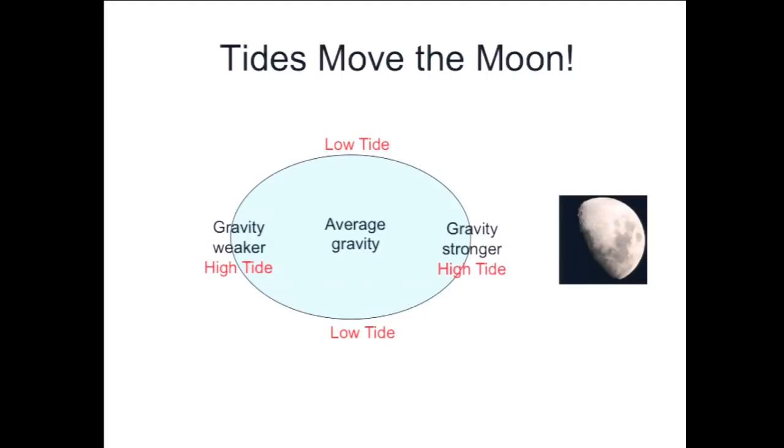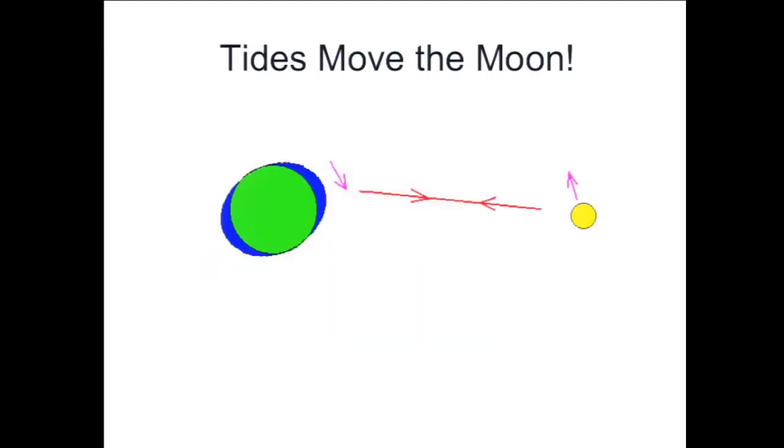A kind of exaggerated view of what the system looks like would be something like the following. This is the moon, this is the Earth. The blue is meant to represent the tidal bulge, the distortion in the shape of the Earth due to the tides. The distortion in shape is greatly exaggerated. And you notice that the distortion isn't pointing exactly towards the moon. That's also greatly, greatly exaggerated. But it is true that in general, the distorted shape of the Earth is not pointing exactly towards the moon. And that's for rather technical reasons having to do with friction in the Earth that I'm going to skip.